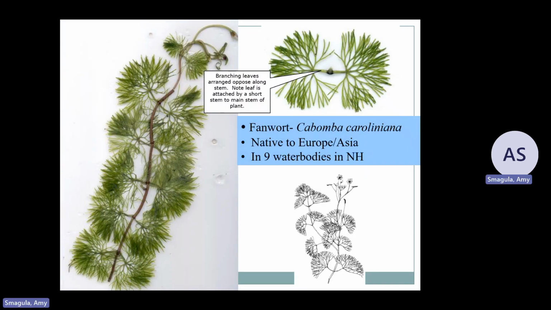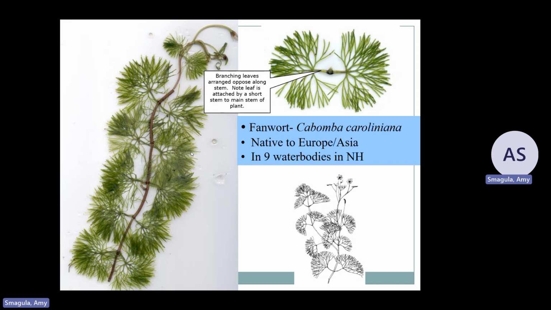Fanwort, this one has leaves that are branching and splitting, and they're shaped like a fan. Another thing about this one is that the leaves are opposite. So they are not whorled, they're opposite each other on the main stem. So over on the left here, we can see this reddish main stem coming down. And each pair of leaflets has a little stalk that comes off that the leaf attaches to. So you can see this opposite pattern all the way down the